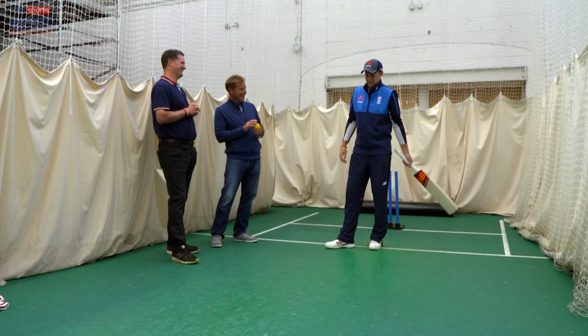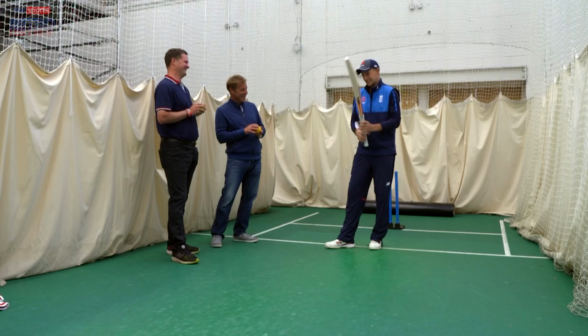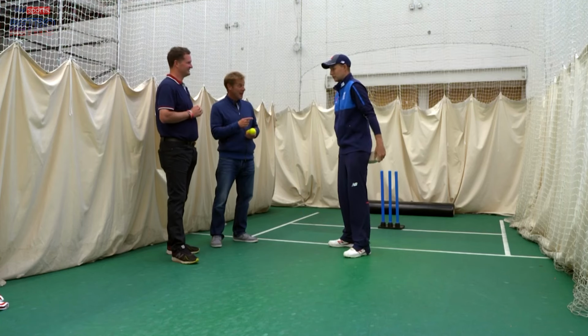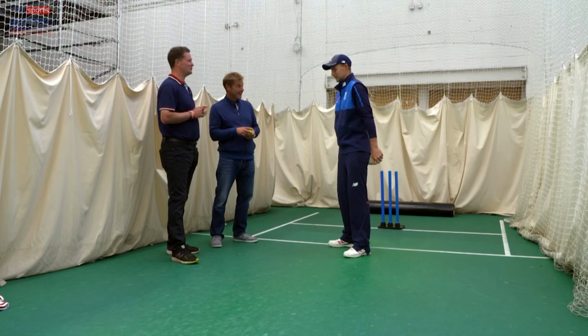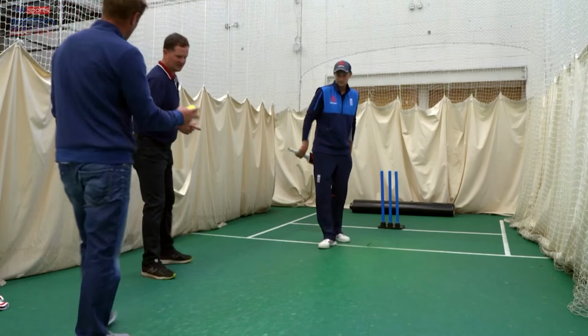But there are some very good indoor players. Jimmy Anderson's an expert at it, and we have to bat opposite-handed as well if we do play. It's been a long time since I've done it. Are you a good left-handed batter? No, terrible. So how do you want it to go? If I bowl a few, Joe, try and...